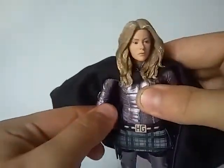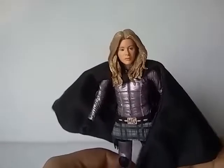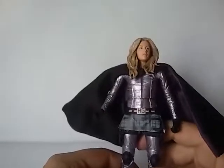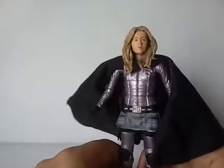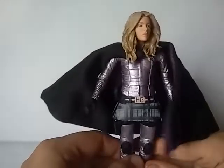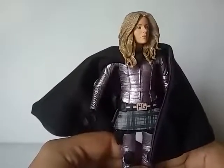One thing I wish this Hit Girl would have come with, I don't know if you guys remember this scene from the movie or not, but I wish she would have come with the sick stick. The thing she poked those girls with and made them puke and vomit. Because this is the unmasked Hit Girl, it should have come with the sick stick. Even though she doesn't wear the Hit Girl costume in that scene, at least she's unmasked, so they could have had her come with it for the fun of things. I guess it would have been too niche to